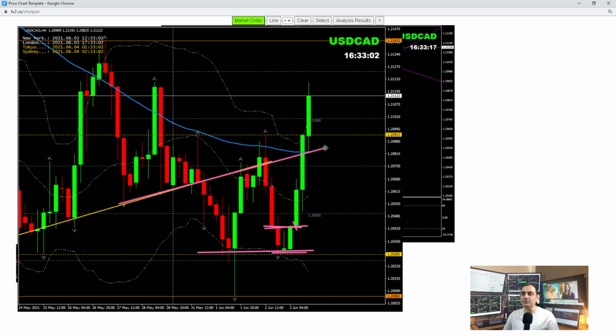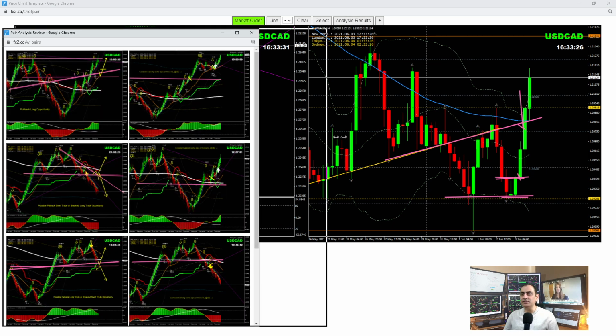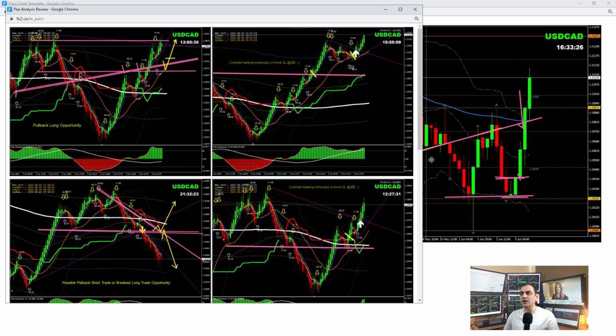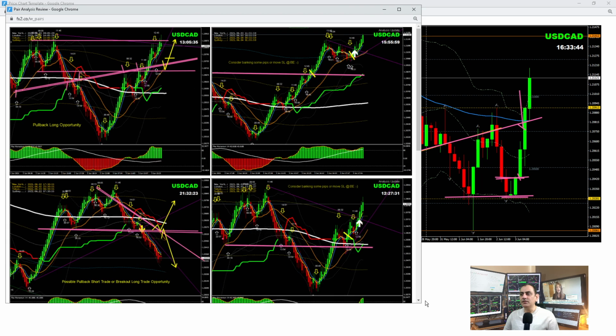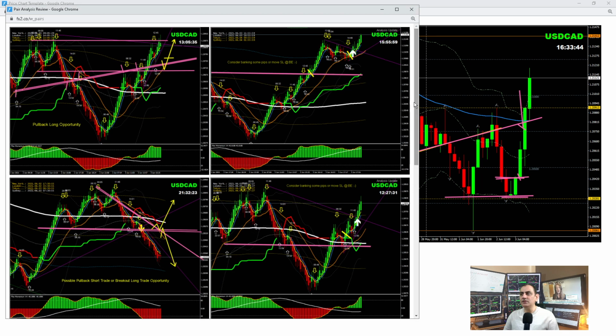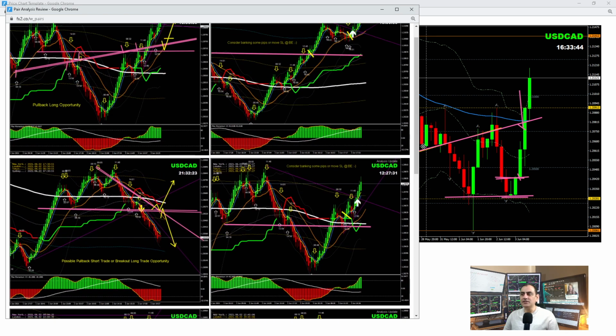We were even expecting price might respect this level, but as the news was good for the dollar, beautiful, we just kept taking a pullback long trade on dollar CAD. Let me share with you, based on this movement, how we analyze the market and refine our entries and exit through the intraday system. We had amazing, beautiful trades on dollar CAD. If you look at yesterday, we were short here on a pullback, and today, as you can see here,